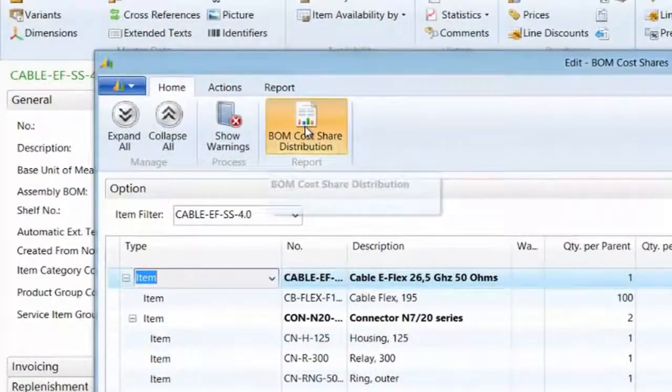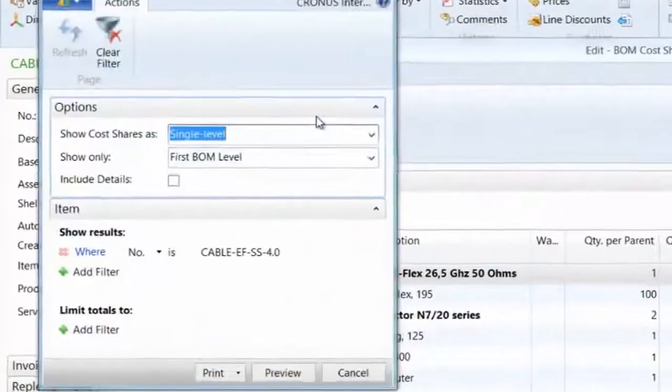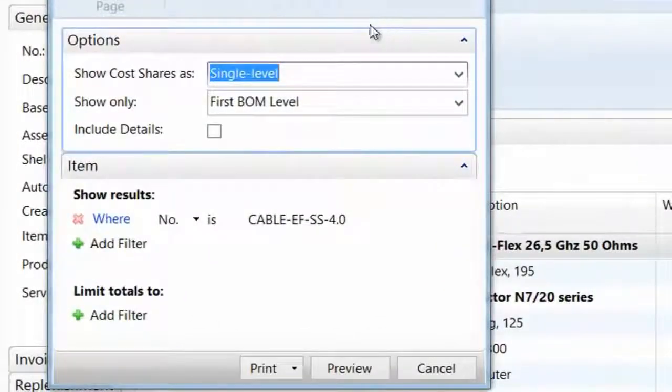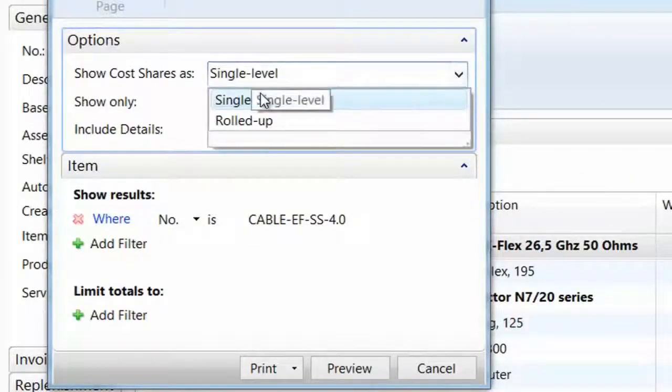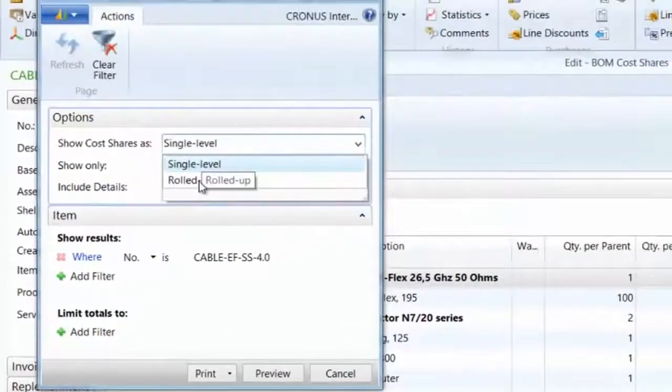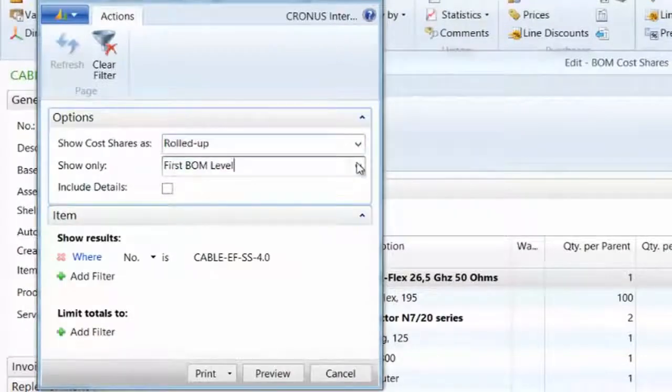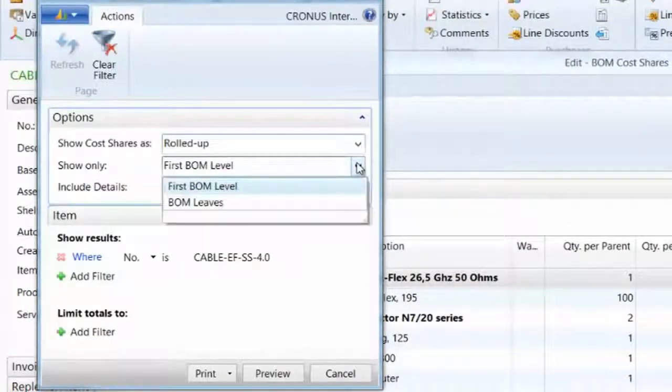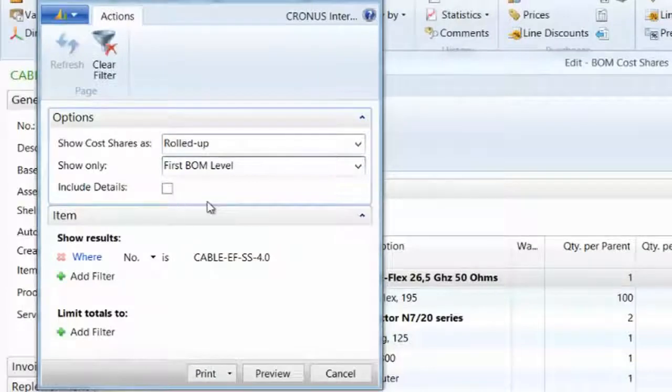So if I do the cost share distribution visualization, first of all, you have single level and roll up level. So first I'm going to do roll up level, and then you can do all and first level BOM. So I'm just going to do first level, and I'm going to include the details. And when I do a preview,